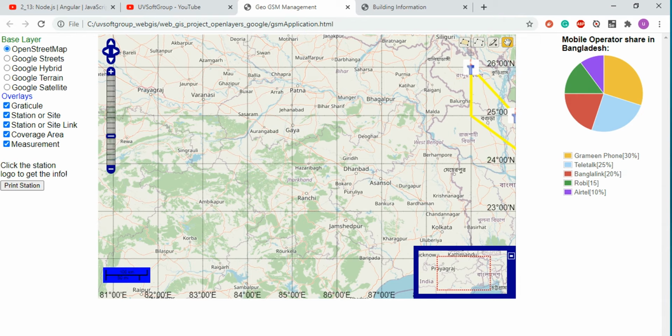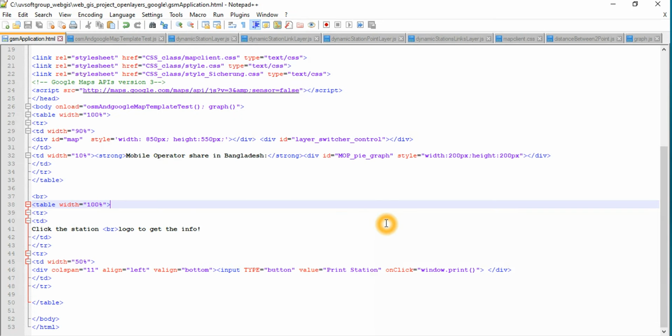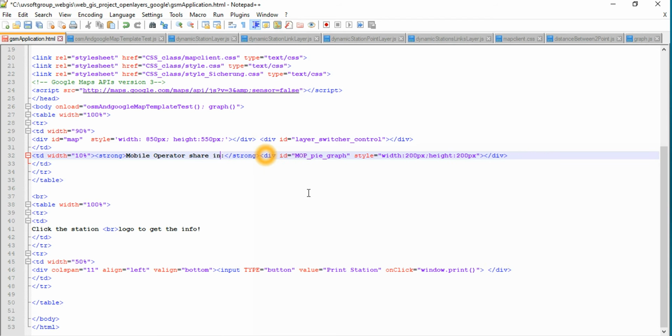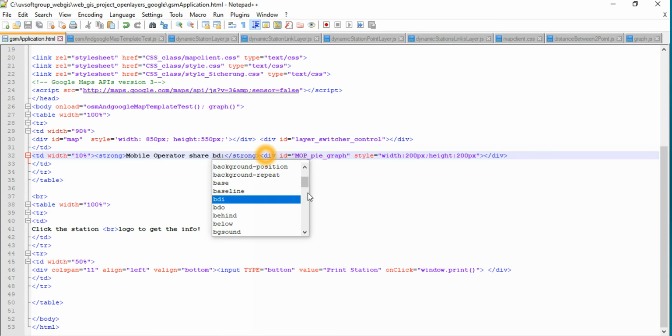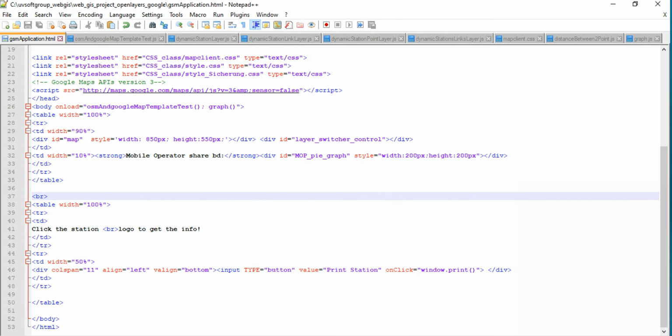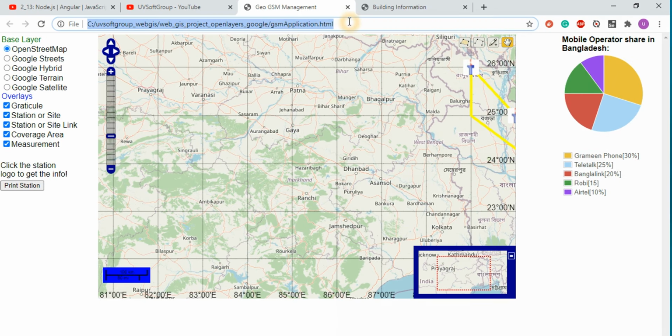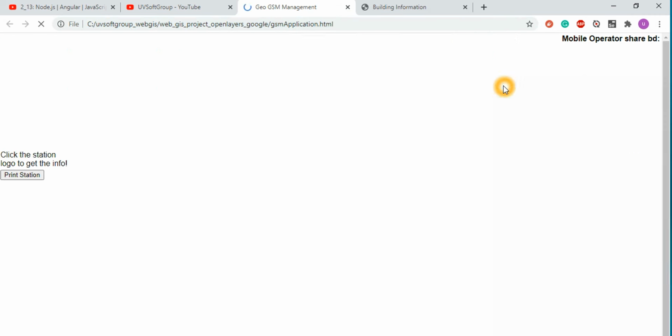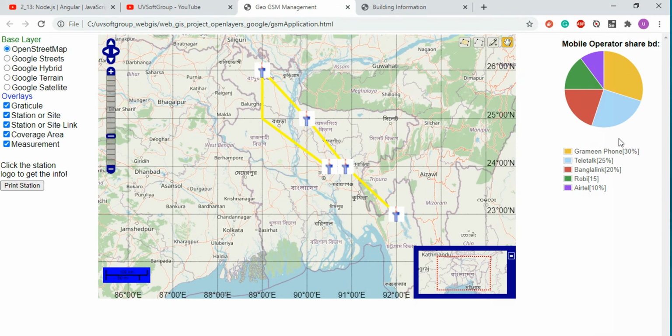Why not? So you see that it works, but unfortunately the graphs don't work properly, but I'll give you the feedback for